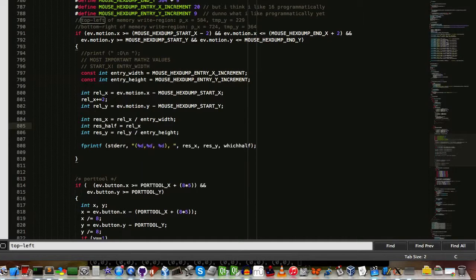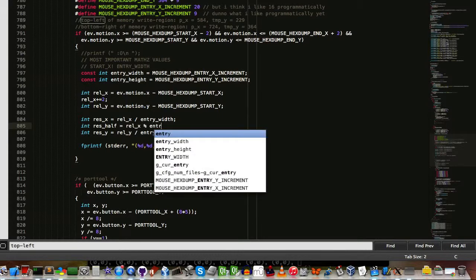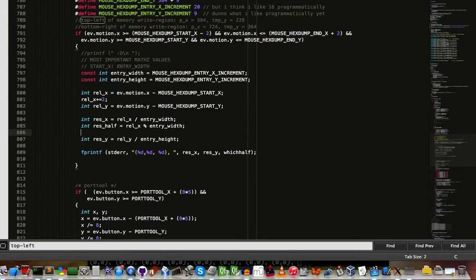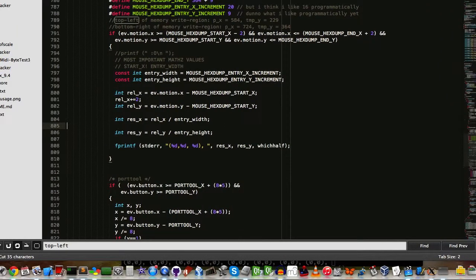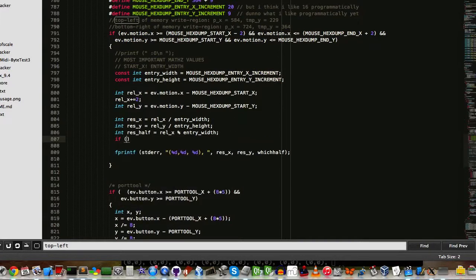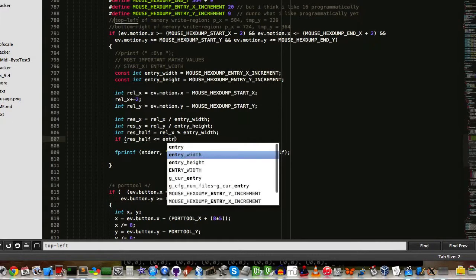And we'll use rel x, get the remainder on the entry width. And then we need to do some math on that, some logic checks. If res half is less than or equal to entry width